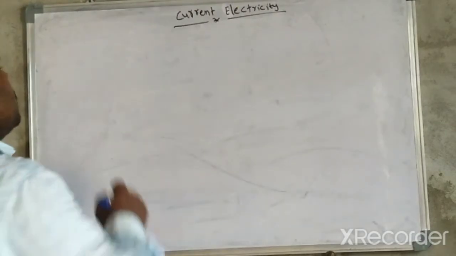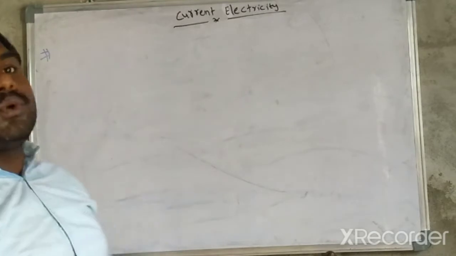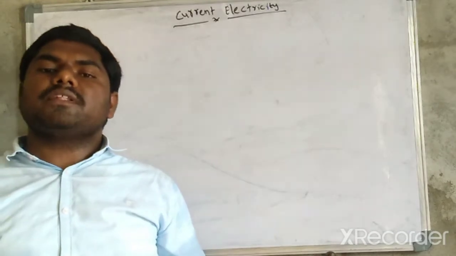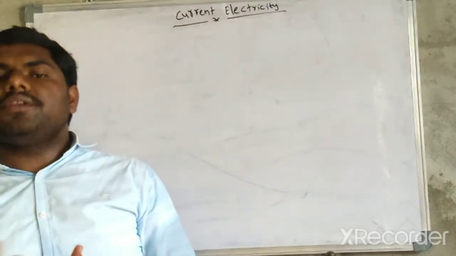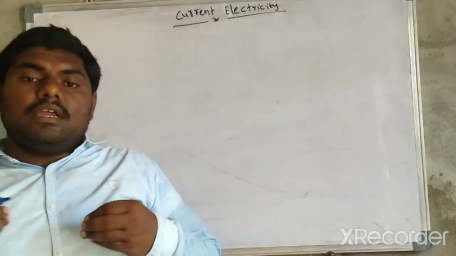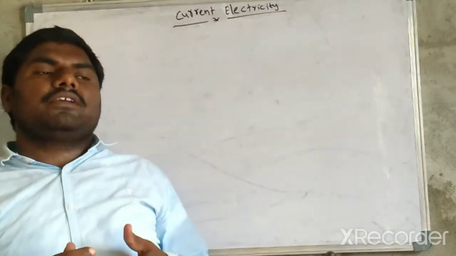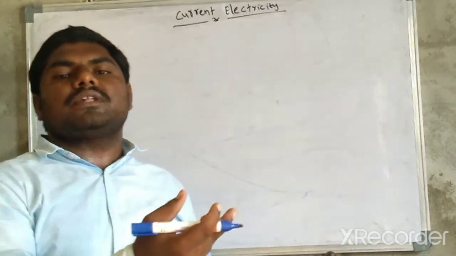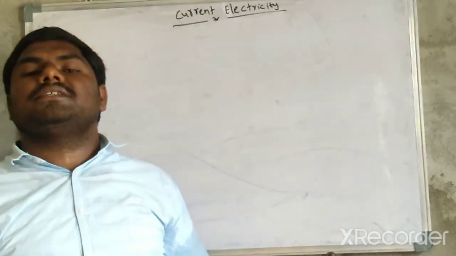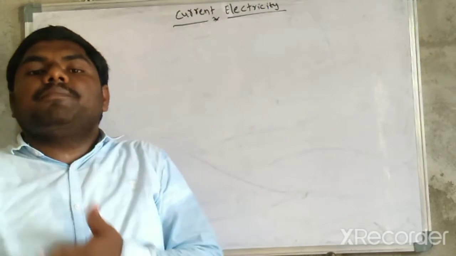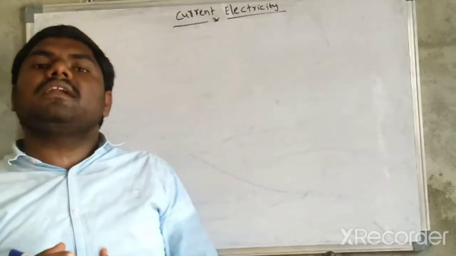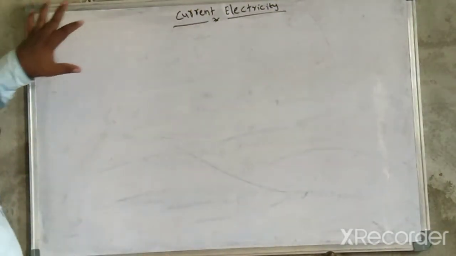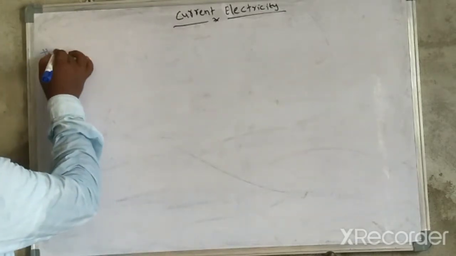Here is one more concept: current due to variable current density. In the previous case of current density, we considered continuous conductors, continuous bodies. But if, for example, at time T1 the cross section area is one value, and after time T2 the current travels through a cross section area that is entirely different, it means the area is variable. That case we are going to discuss, that's why the current due to variable current density.